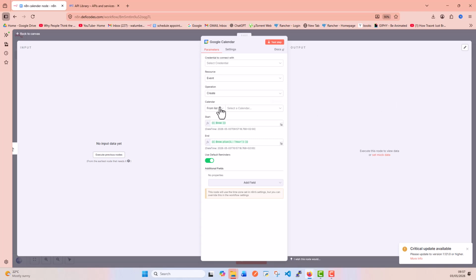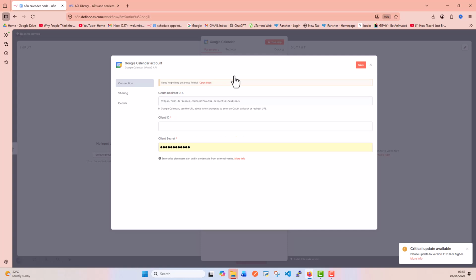What we want is we have this page. We want to create a new credential. So I'm going to click here and click on create new credential. There are two things that we need. The first one is the client ID and the second one is the client secret. To get those, we need to head over to